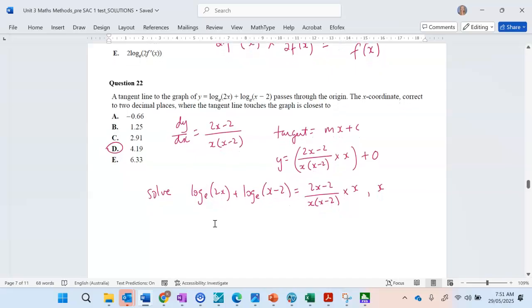A tangent line passes through the origin, find the x-coordinate correct to 2 decimal places. This one was quite hard. So I don't think this one would have been done well. All right, so